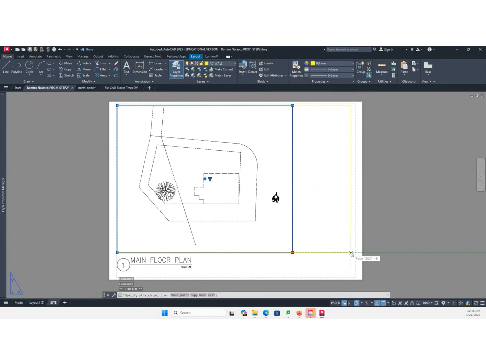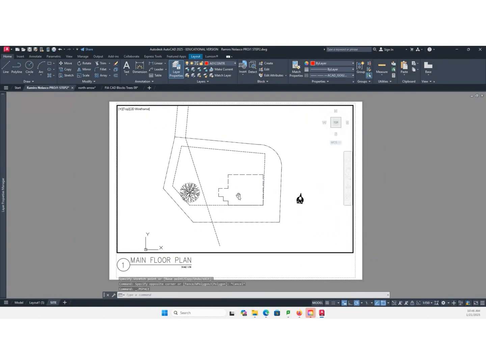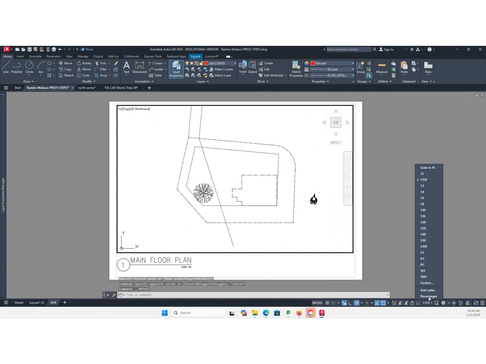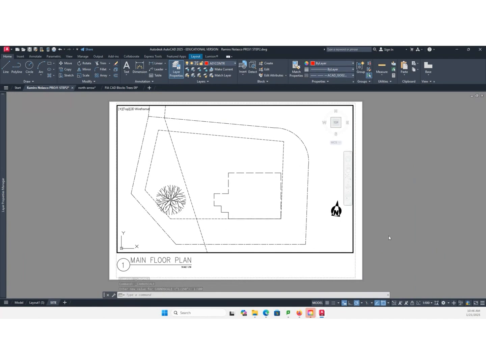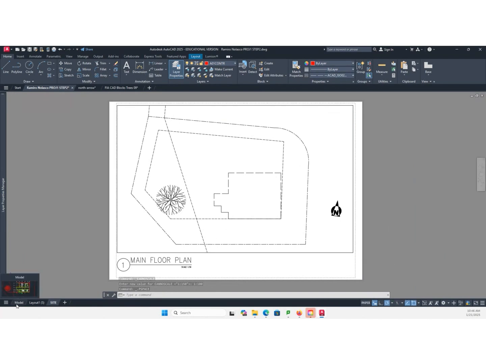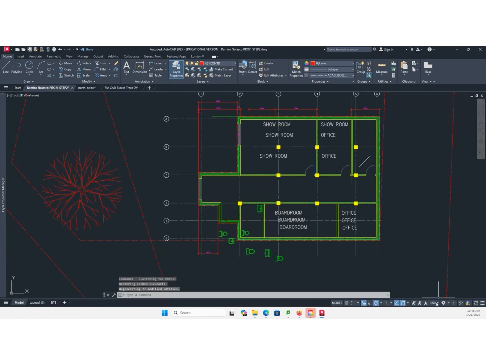So, let's see. Maybe 1 to 100 will fit. Let's check. 1 to 100. Okay, I think 1 to 100 is better. 1 to 100. So you can now add your text at scale 1 to 100.